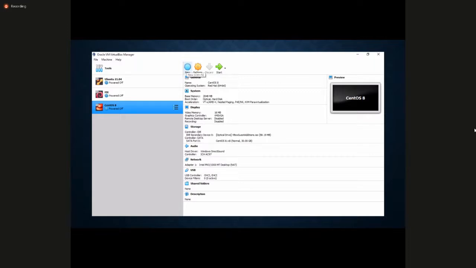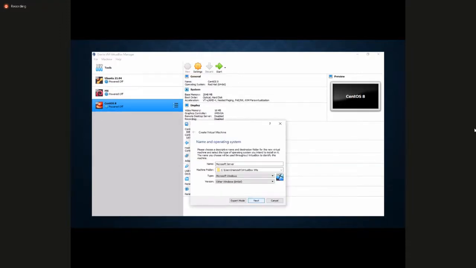First of all, we need to create a virtual machine for the installation. Here is the interface of the Oracle VirtualBox Manager. On the top, there is a new button. We need to click that to create a new virtual machine. After we click the new button, the create virtual machine window will appear. Here we have to put a name, and